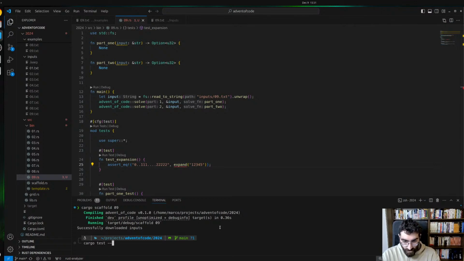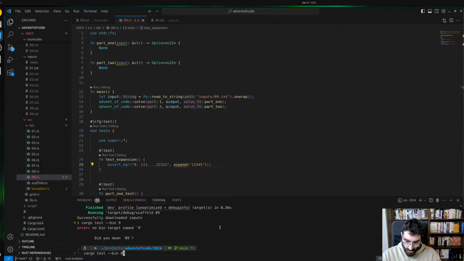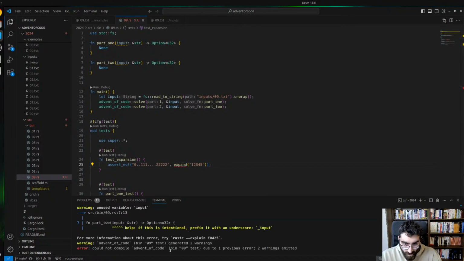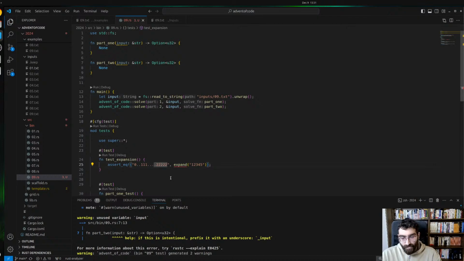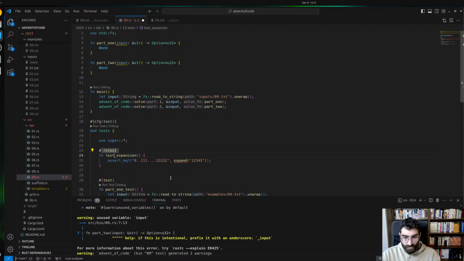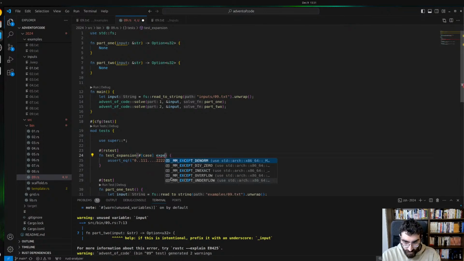Cargo test main 09. Now, it doesn't compile, but we can start with something simpler, and let's use RSTest for this. As always, we have the case, which is the expected result. The expected result, which is a string, and